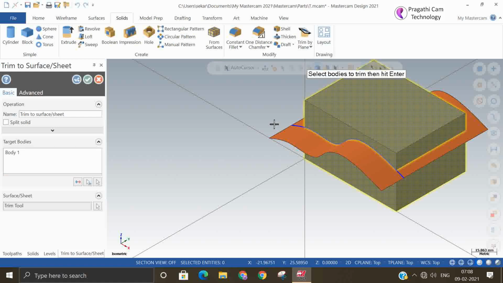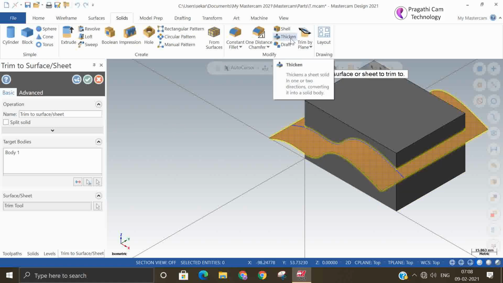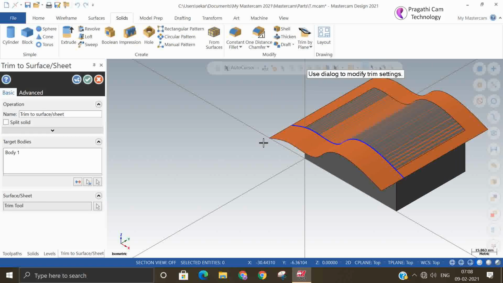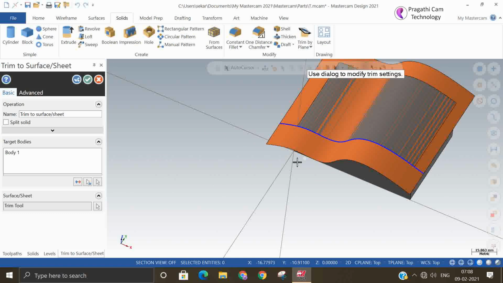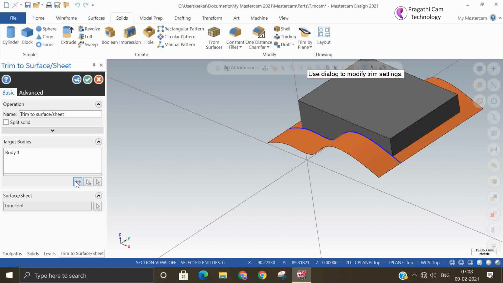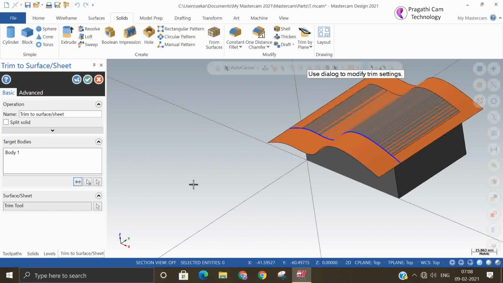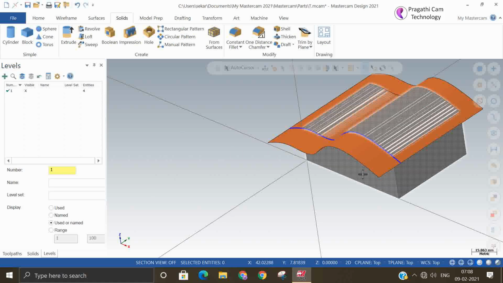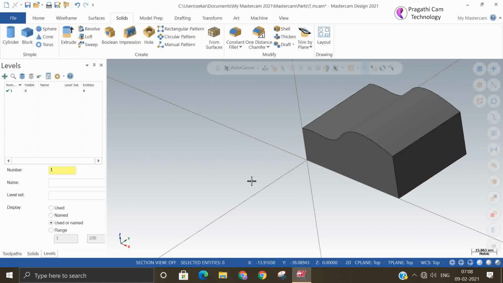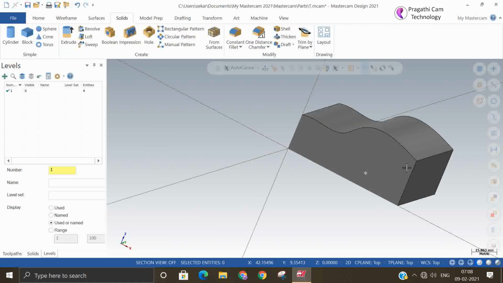This is the body to trim and this is the surface. Okay. So you can do reverse and forward, whichever you want to retain. So this is the trim to surface option.